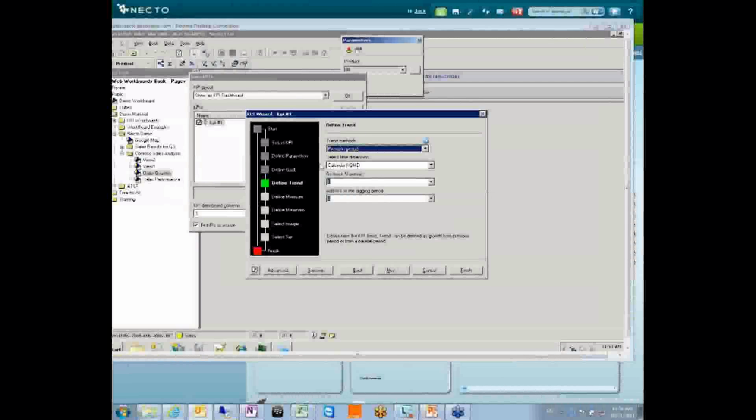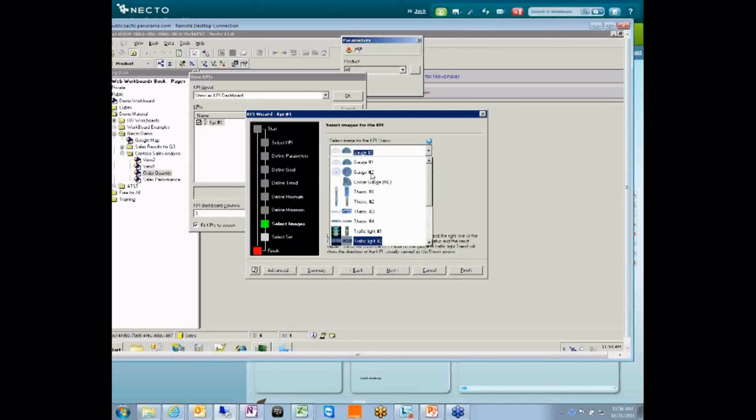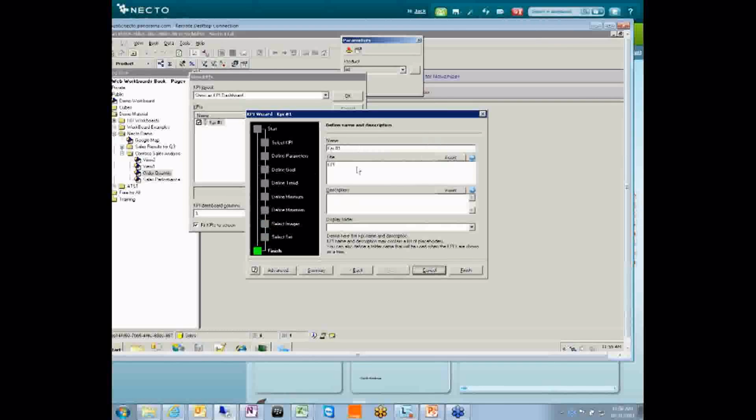Okay, so we have defined the previous period of the KPI, and then clicking next, we have a minimum method and the maximum method that we would like to define, and then we can define an image. We have lots of other images. Okay, we've defined the gauge here, and then we can select a set of members, and then we can select